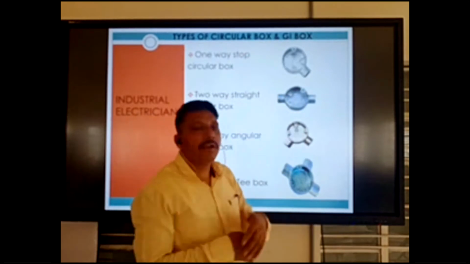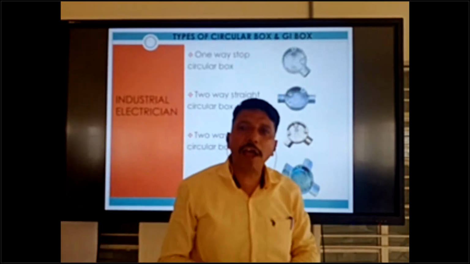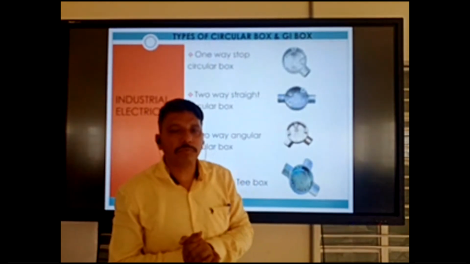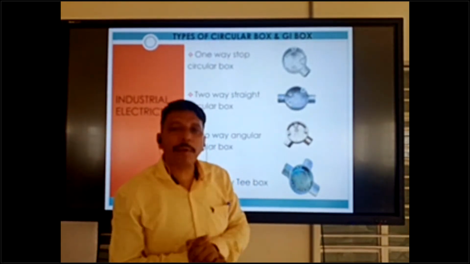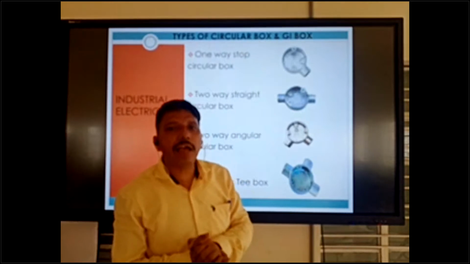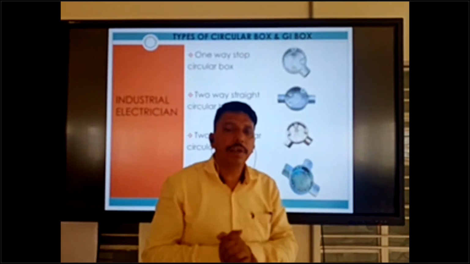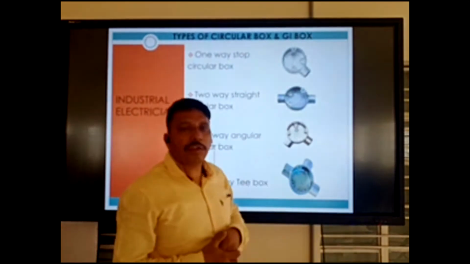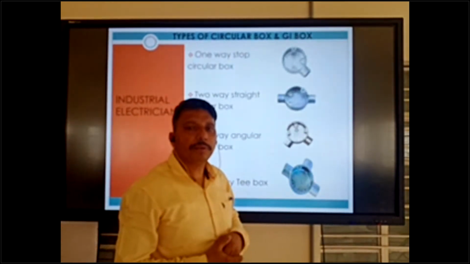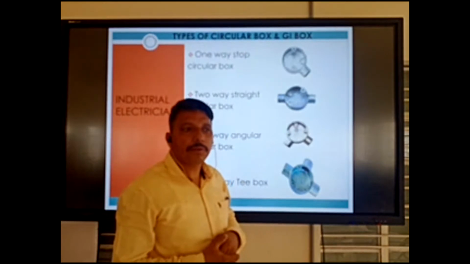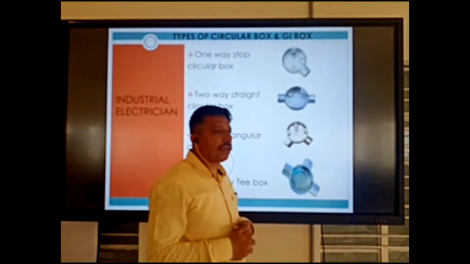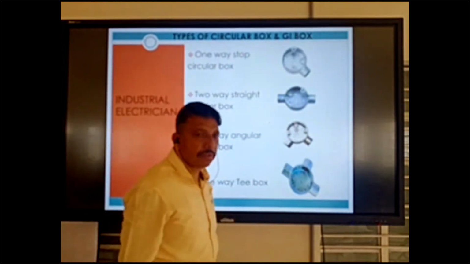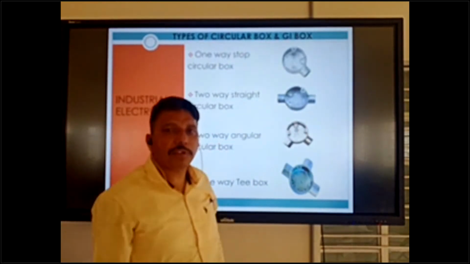This is also available in 20 and 25 with PVC type and GI types. PVC type we can use in concealed and GI type in open. So this we can use in the JB system. Okay, straight box.